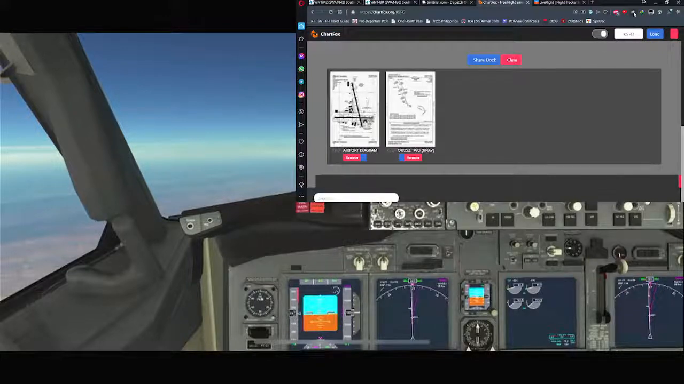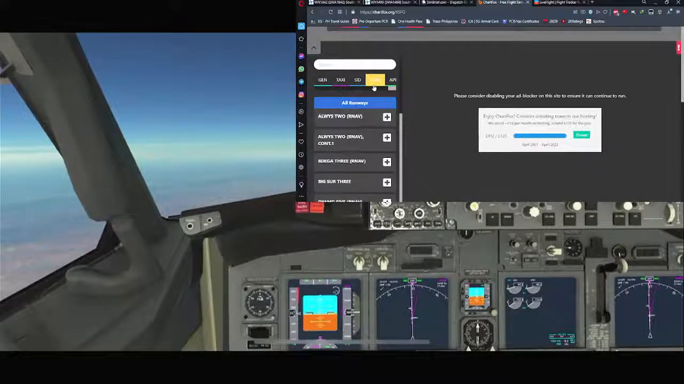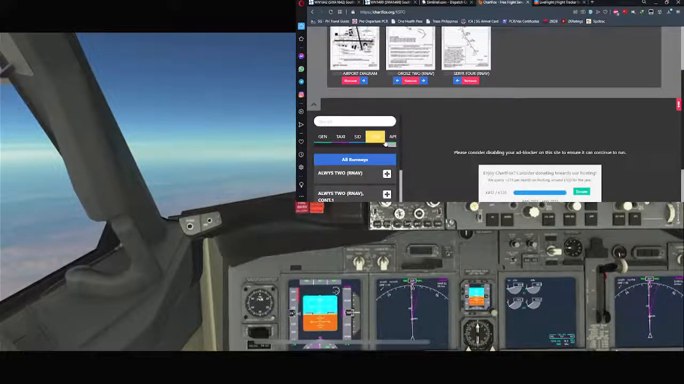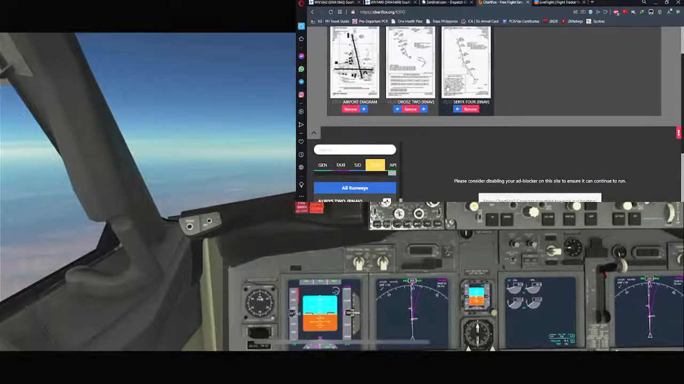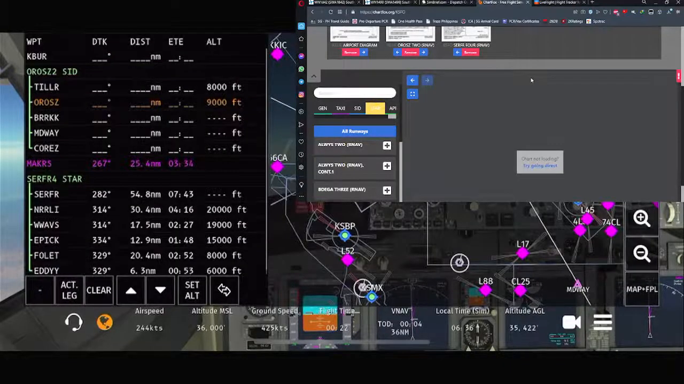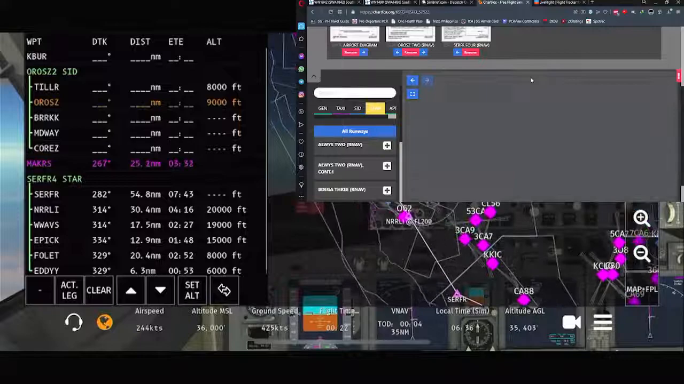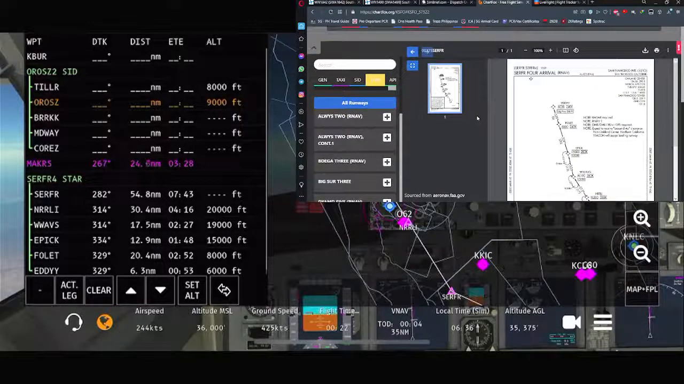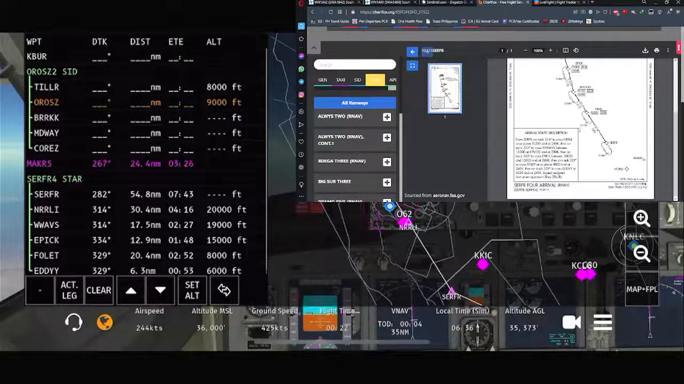Alright, I think it's loaded up. So we'll be going by the SERFR 4 standard terminal arrival route, or STAR for short. So this is the route we'll be taking later on. So we compare it to what is given in the simulator. So later on, we'll be